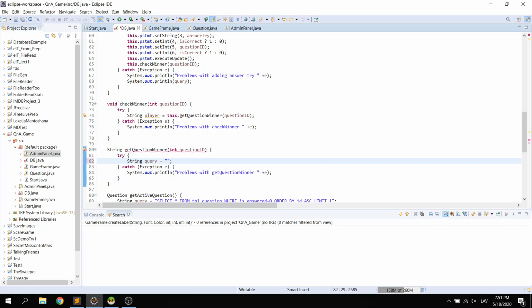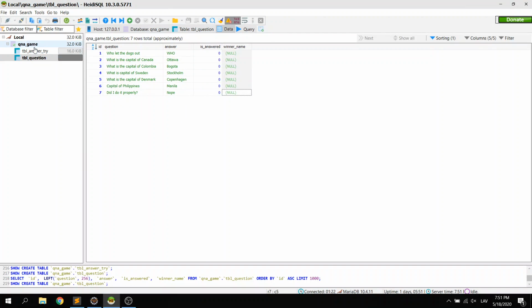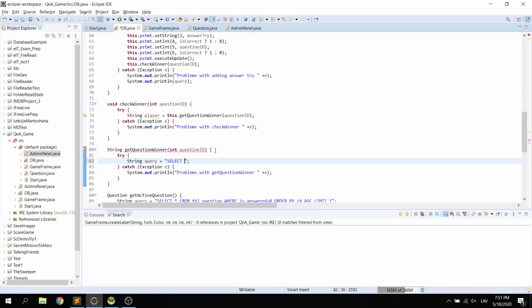We need to detect if there has been a correct answer to this question. And that is what we need to get. As we need to get not only is the question answered, but also who answered this question. Then we say select. How is it called in the answer try? It's a player column. So select player from table answer try,